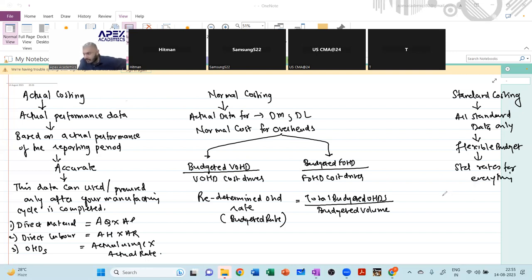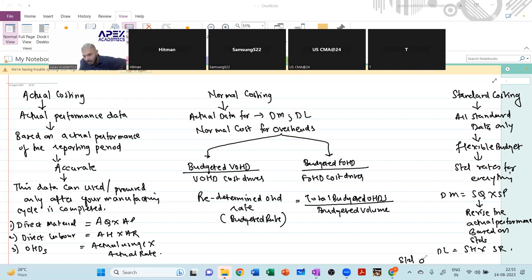Here, direct material will be standard quantity multiplied by standard price. For standard quantity, how will I arrive at standard quantity? I will revise the actual performance based on standards available with me. Direct labor similarly is going to be standard hours multiplied by standard rate, and